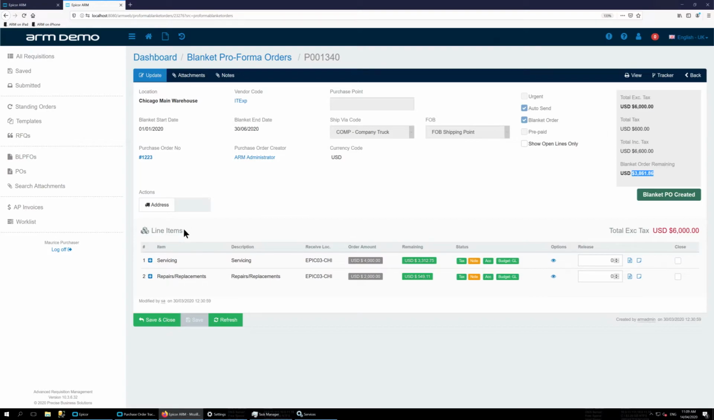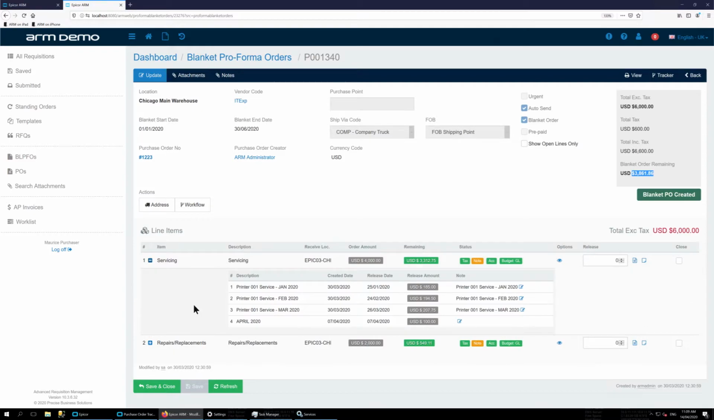You can also see that there is a little plus button next to each line, and this indicates that there have been some totals drawn down from these lines. So if I click on them, you can see straight away that I've had a regular printer service going in January, February, March, and April. You can also see that the amounts of those particular services has varied depending on what needs to be done